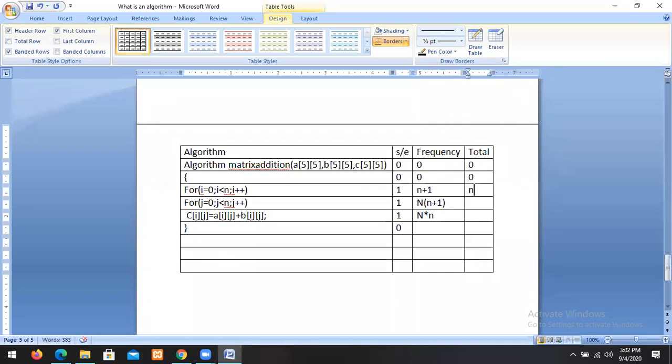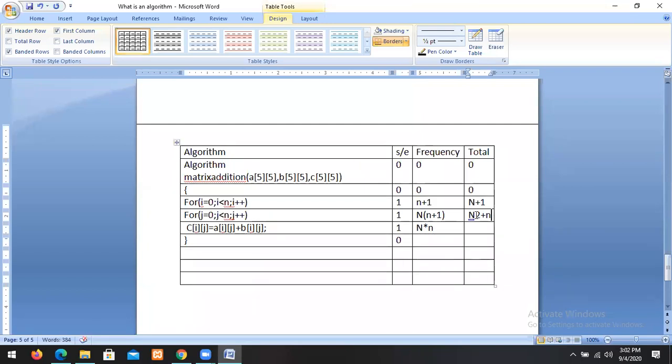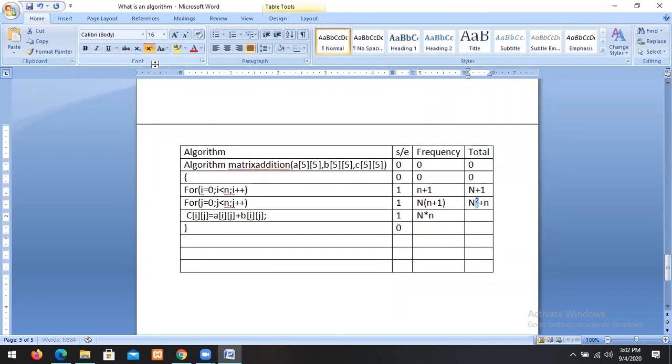This is n plus 1 times. This is n square times. The last is 0 times. Finally, when we add all these statements,